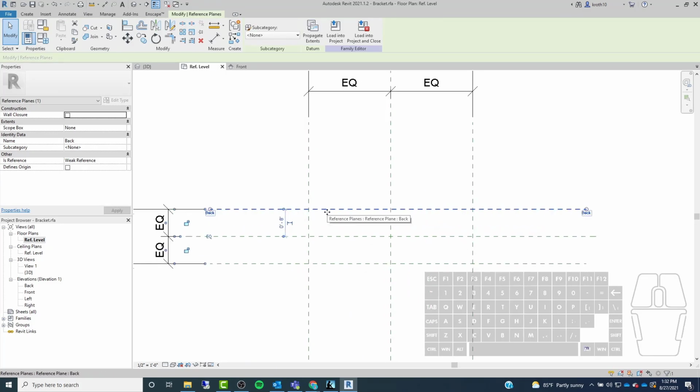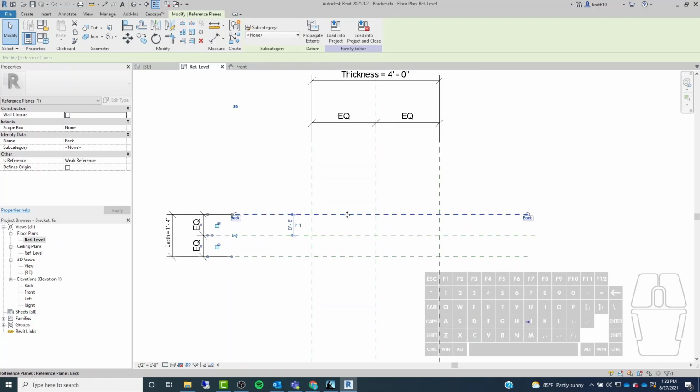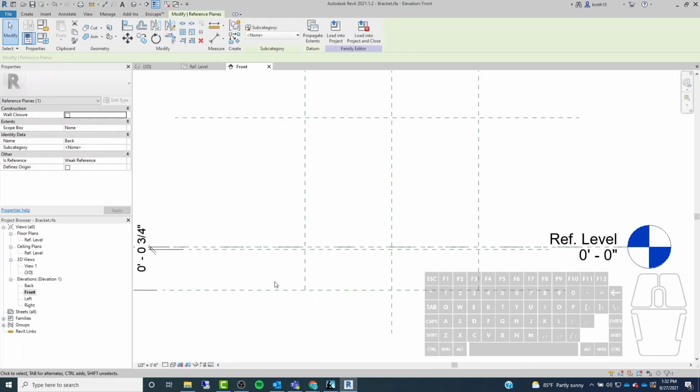So as you'll see, as we are working in our front elevation view, since we set our active reference plane to be this back plane that we made here, everything, with the new geometry that we're making, is going to be snapped to this plane, and it's going to be drawn outward, forward from there. Okay. So we're going to go back to the front,